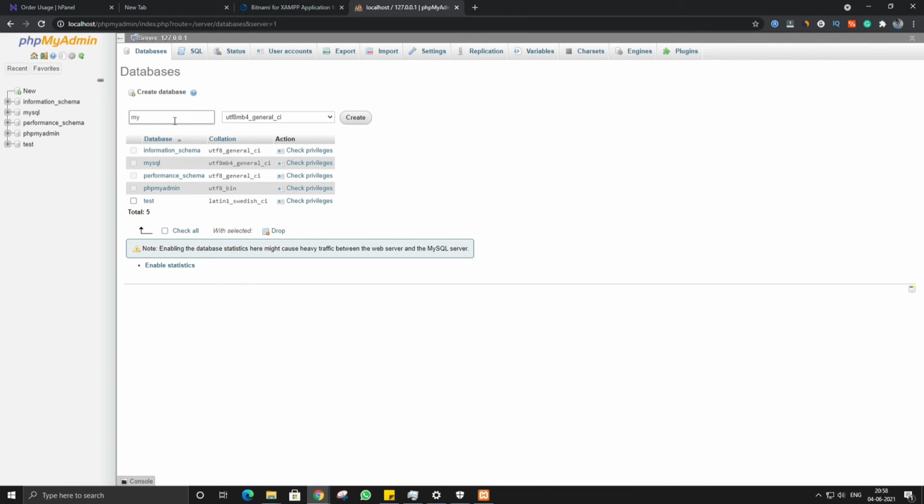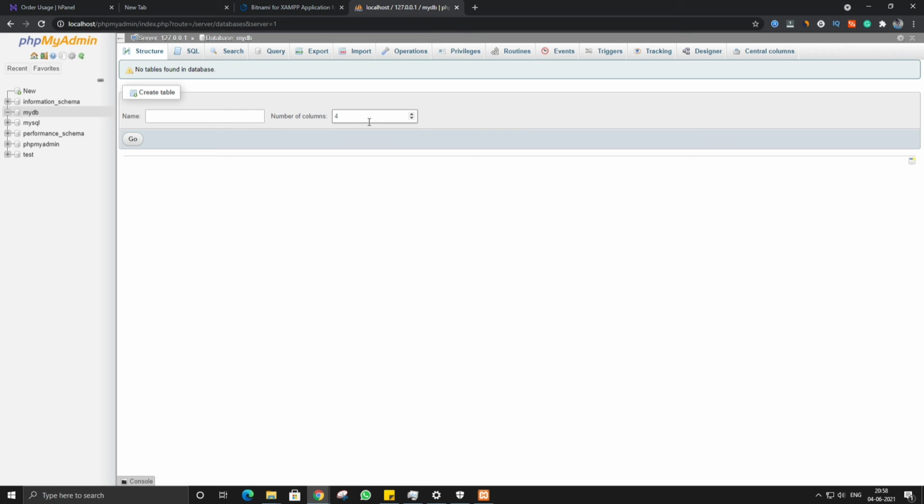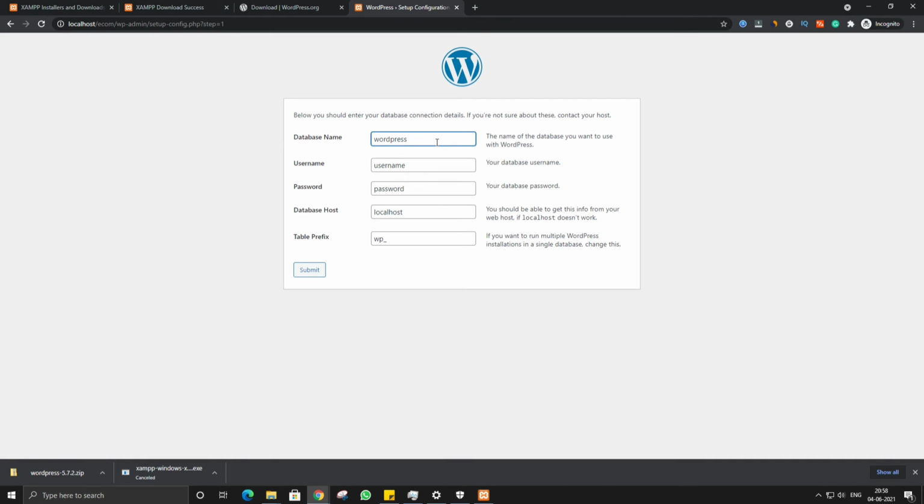So we will create a database here. And database is created, and we have to copy this database name to here. This is where we have to put the database name, and we will write here root as username, and password we will keep this blank.